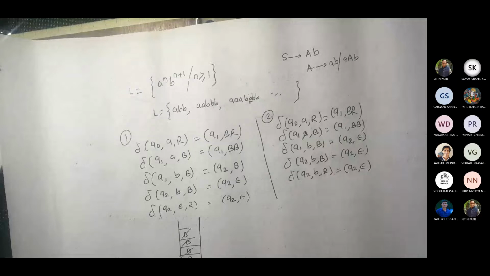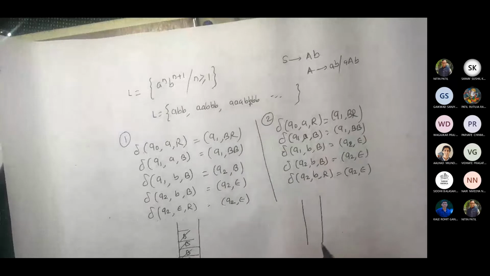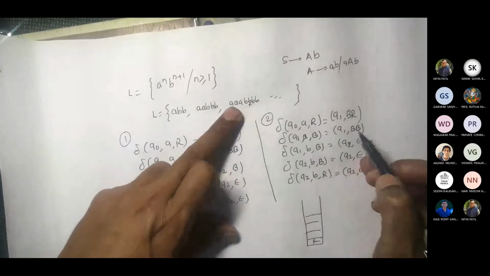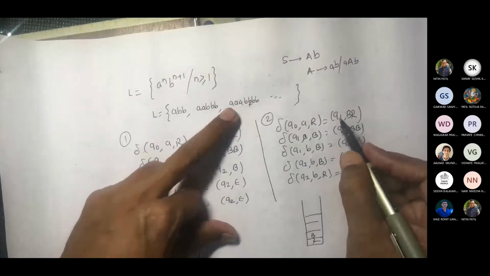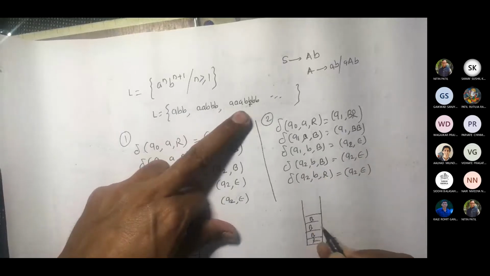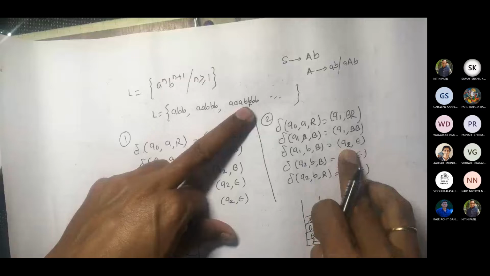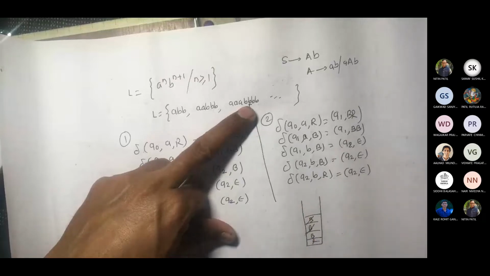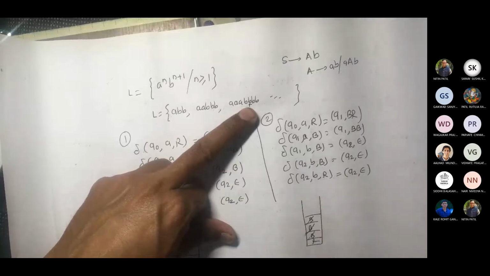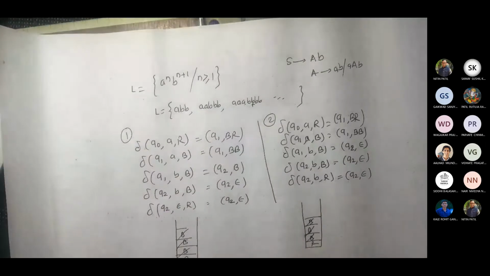Now do you think this should work also? Let us see. I will take the same example, triple A, 4 Bs. First A, we push blue, we are in Q1. Second A, we push blue. Third A, we push blue. We are done with this. Now Q2, first B: pop it, enter into Q2. Second B, Q2 B B, pop this, remain in Q2. Q2 B B, pop it. Q2 B, now top of the stack is R, and then pop it. Done. So these are the two solutions.